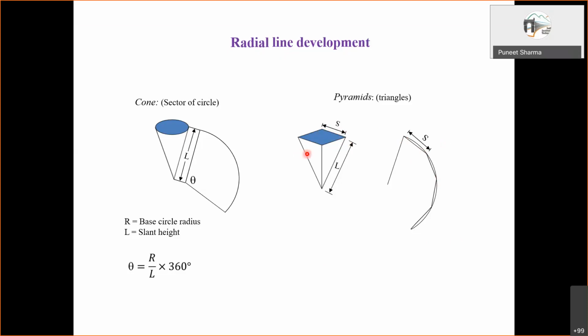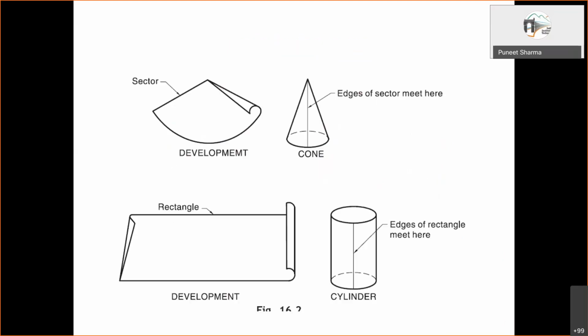Now all these slant faces we have are not a single smooth curve like this. The faces are all triangular. So if you join this with the apex, join this with the apex, and so on, you'll have all the triangular faces developed for the pyramid. So this is how the development will be. L is the slant edge, and this slide we already discussed.